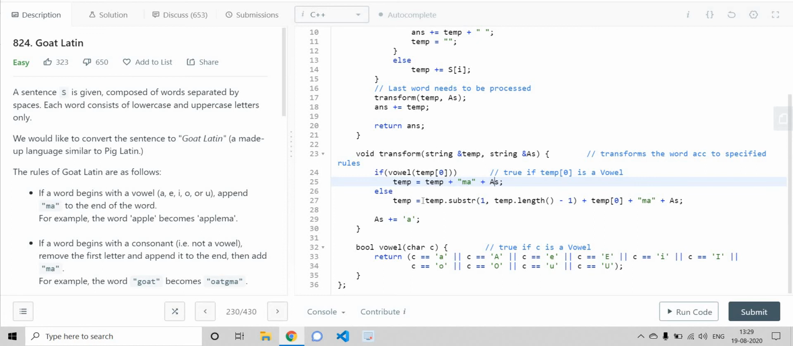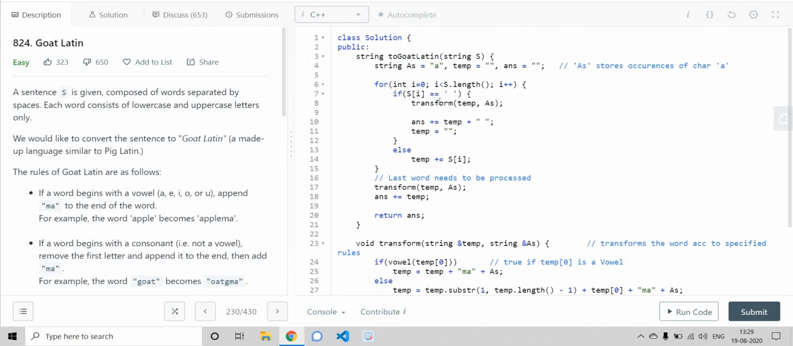And if it is not a vowel, then I'm excluding the first character, taking the substring from index 1, then adding the first character to it, then ma, and then the a's. So at this point I have transformed temp, that is the single word in our sentence, and I'm adding a to the a's for the next word which I would be transforming. I've transformed the current word, and I'm adding it to our main answer. After that the space should be added, and then